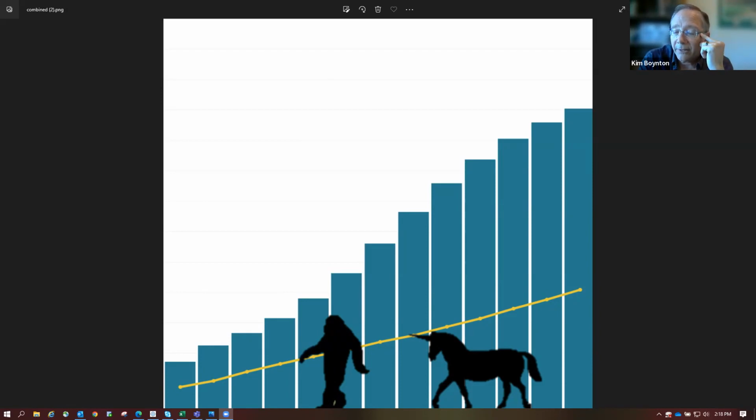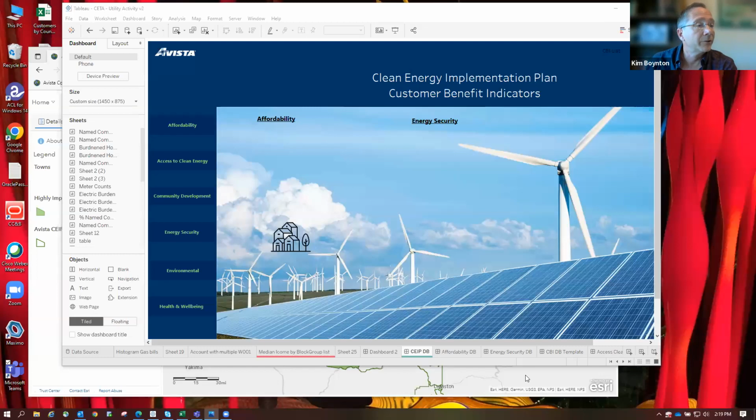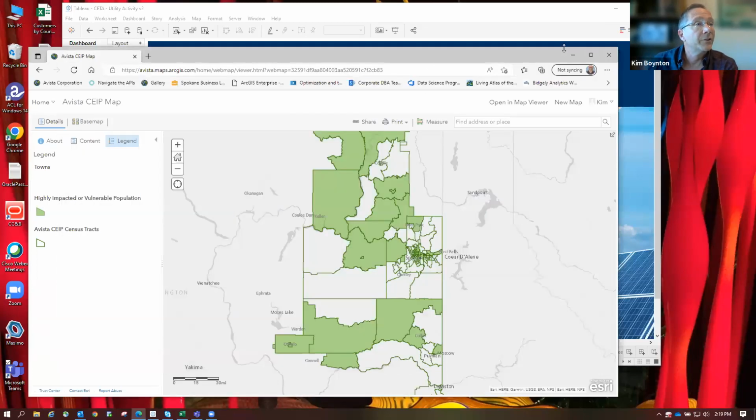And then we're also looking at disaggregated usage data, specifically to address things like the heating source. So trying to determine from our data whether the customer is using electric for heat, gas for heat, or some alternative fuel heat source. So I'm going to show you a couple things, and then we can get right to questions. So this is the GIS